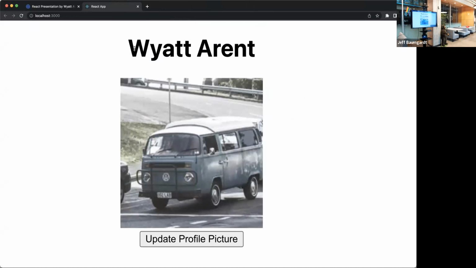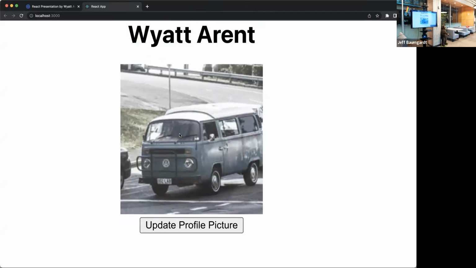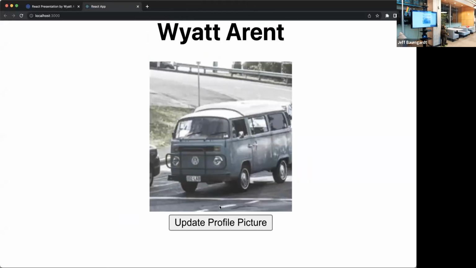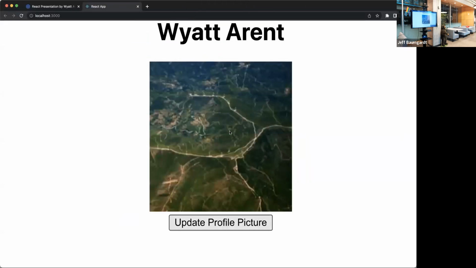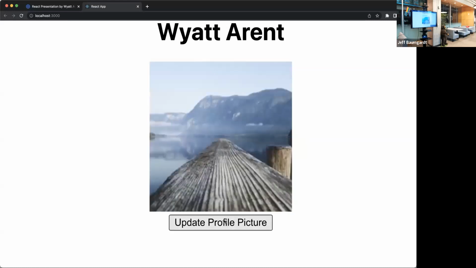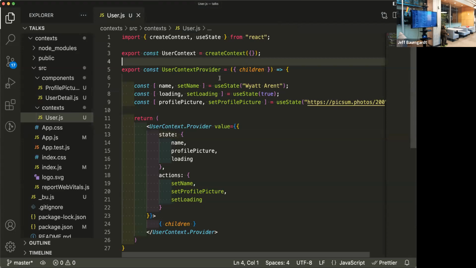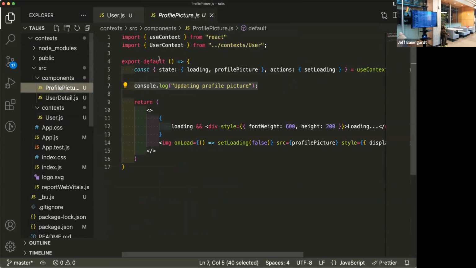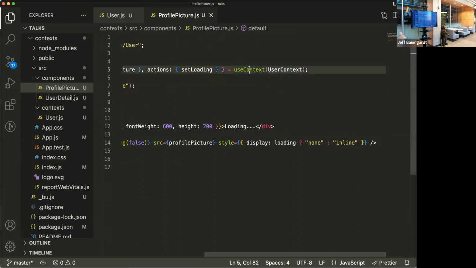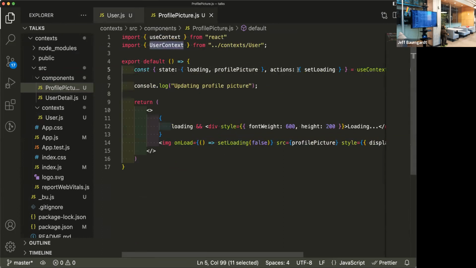So this is all that the app does. It has the name, it has the profile picture, and we have a button here, update profile picture. If I click update profile picture, the app changes that and it says loading for a second, and every single time it changes. The way it's doing this is through the manipulation of the context. So we have our profile picture here. The profile picture component is taking the user context